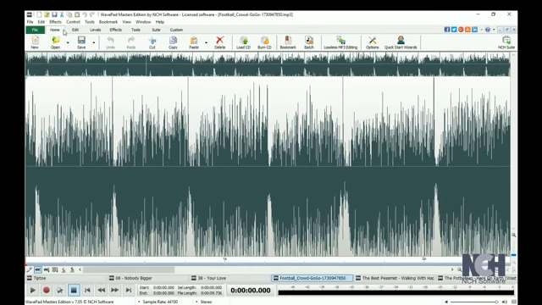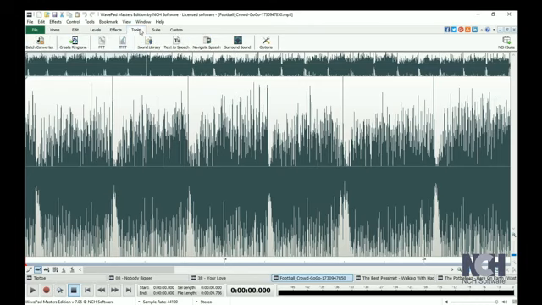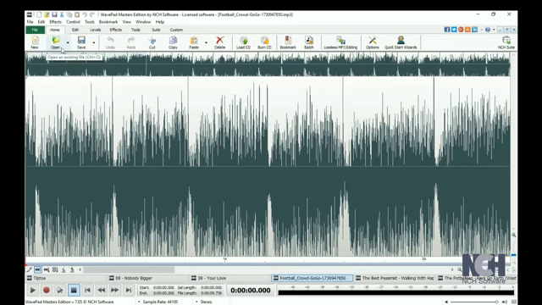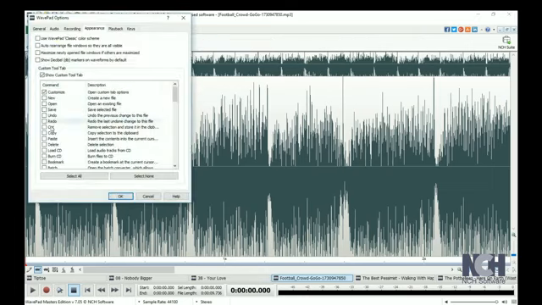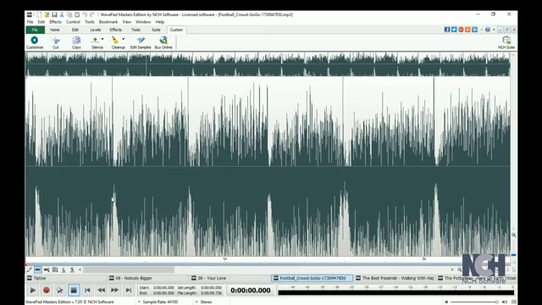It consists of the Home, Edit, Levels, Effects, Tools, Suite, and Custom tabs. For beginners, you may find all the tools you need on the Home tab. For more advanced audio editing, you will use all of the tabs, or may choose to use the Custom tab to place all of your favorite tools in one place. Simply click the Customize button and select the commands you would like to display on this tab.